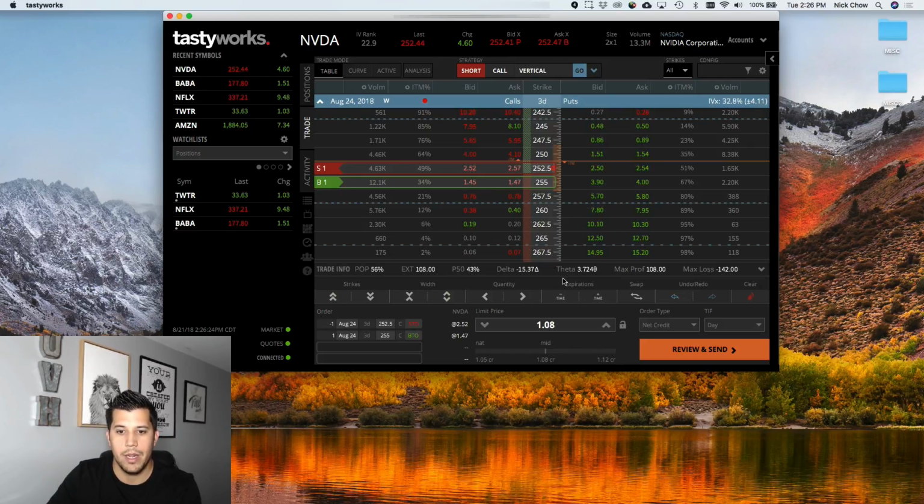Also displays your delta and theta numbers here as well, instead of in the columns here. So definitely think that has one of the best things about this platform is the trade info right here. Easily you can see everything, and easily you can